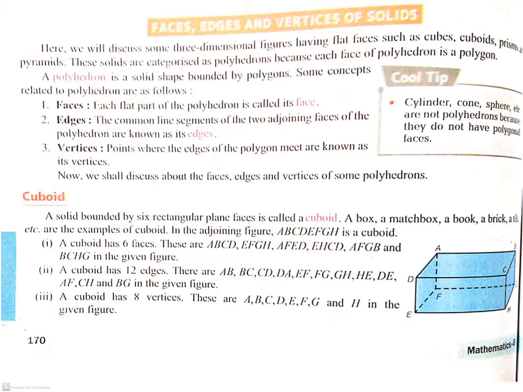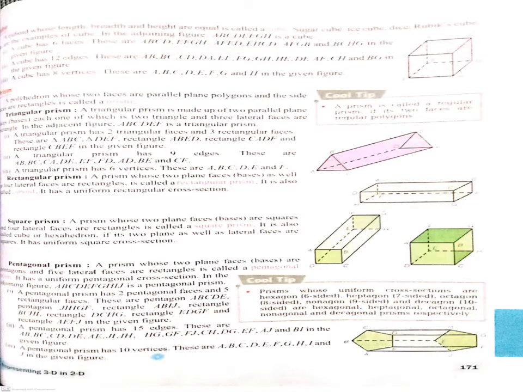First is cuboid. A cuboid has 6 faces. A cuboid has 12 edges and 8 vertex. Now cube. A cube has 6 faces, 12 edges and 8 vertex. Now prism. A polyhedron whose two faces are parallel plane polygons and the side faces are rectangular is called a prism. Now triangular prism. A triangular prism has 2 triangular faces and 3 rectangular faces and 9 edges and 6